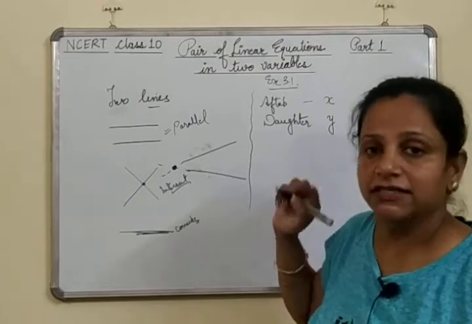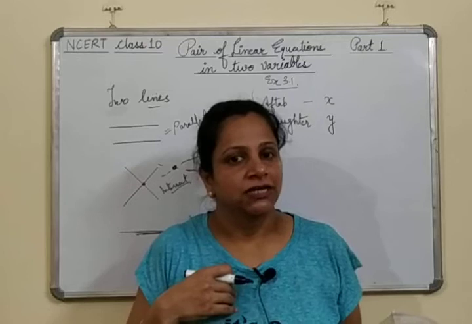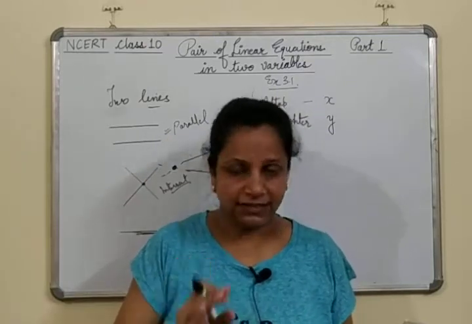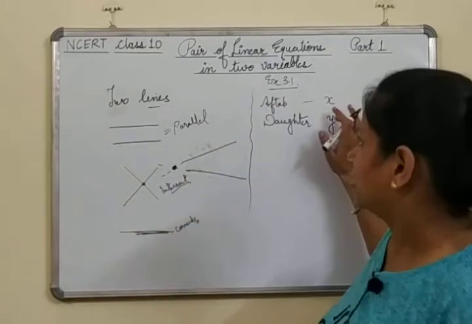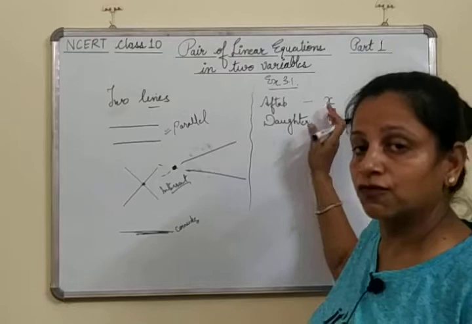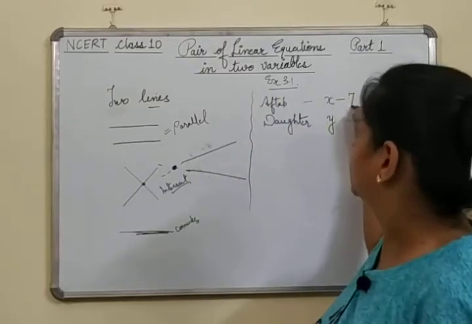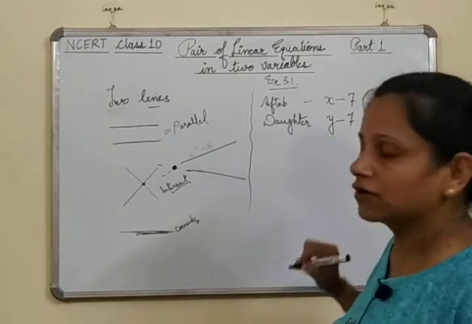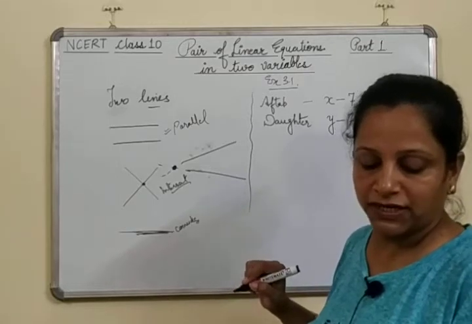Now 7 years ago. अब say for example, आज मेरी एज 16 years है, तो 6 साल पहले कितनी थी? 16 minus 6, that means 10. Similarly, if Aftab's present age is X, what was his age 7 years back? 7 years back it was X minus 7, and in the same way the daughter's age 7 years back was Y minus 7. Then what does the question say?